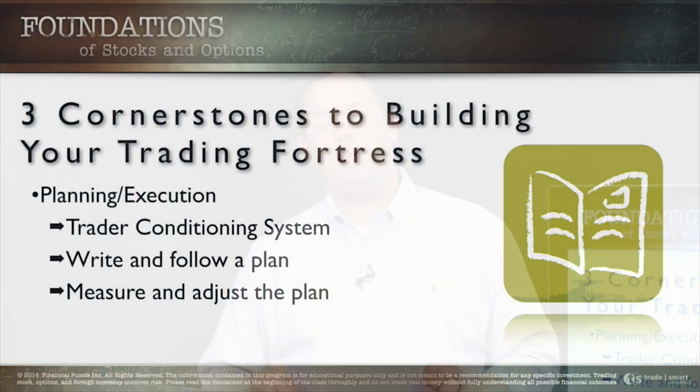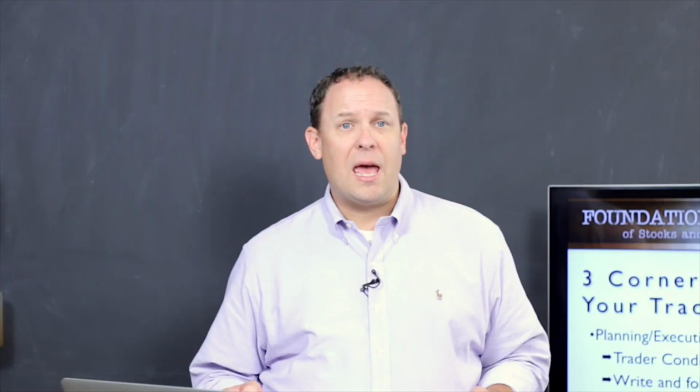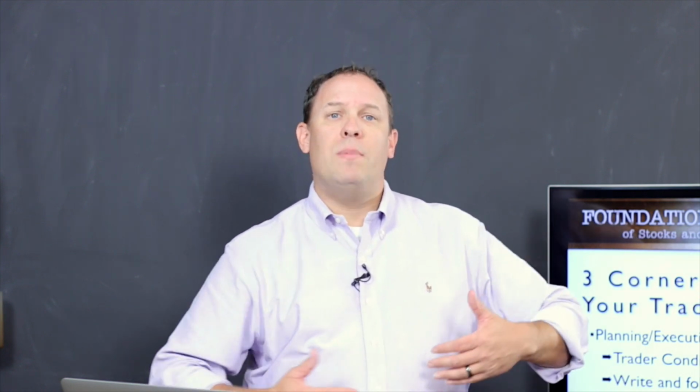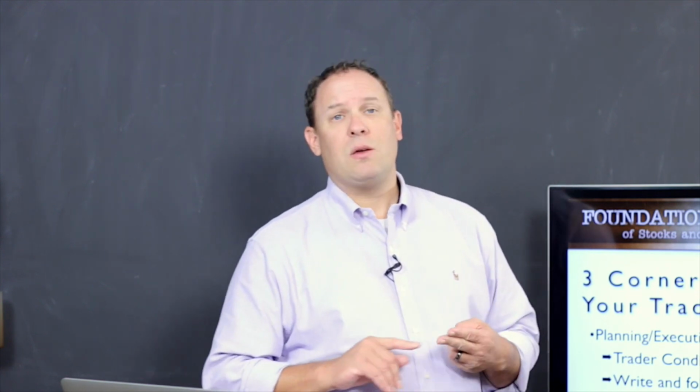And then finally, under the planning and execution, it's really important that we learn how to measure and adjust those plans. No plan is going to be perfect. And so we've got to go into a plan. This is our plan, this is how we expect to execute it, but then there's going to be adjustments and there's going to be measurements. So those are your first two cornerstones. The first one being the right education, the second one being the planning and the execution, and then finally the